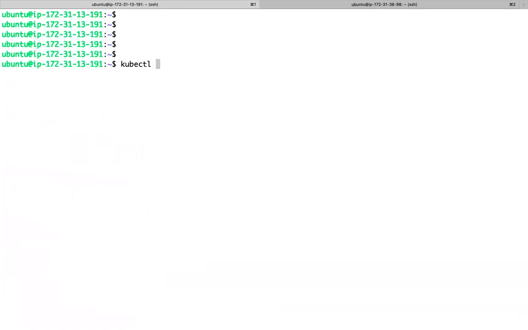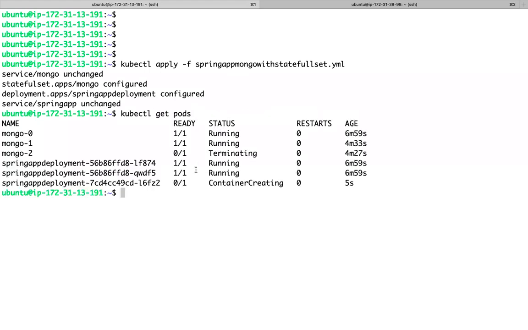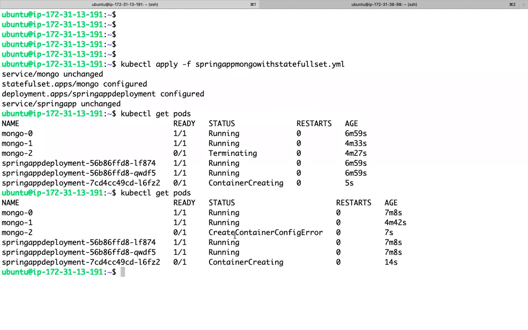Now let me apply. Now you see your deployment is getting updated. But is it able to do that?